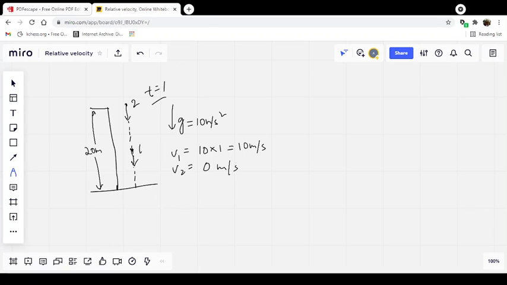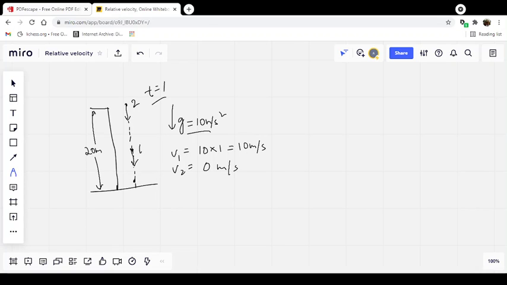So we know that during subsequent motion, until and unless one of the balls strikes the ground, that is the first ball or the second ball, either of those balls, if they strike the ground, then they may have some acceleration, otherwise their relative acceleration would remain 0 because they are going in air.